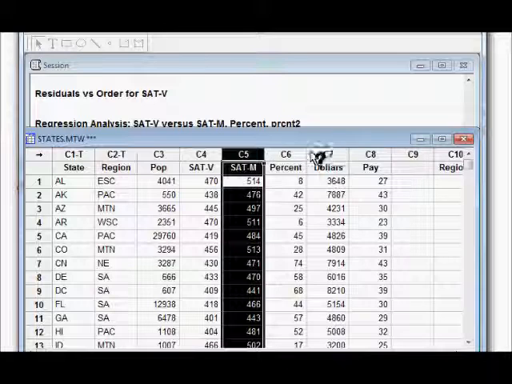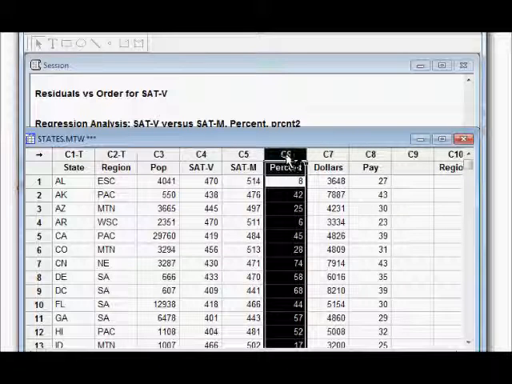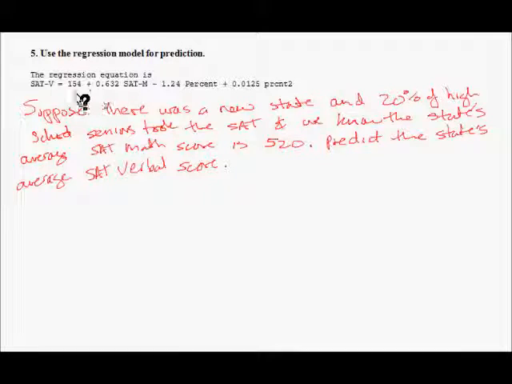The thing you have to be careful about is percent. Is percent integer values or is it point something? Well, here it's integer values. So that means when I use this model, percents are just the integer values, so are the math. So my prediction is SAT verbal is 154 plus